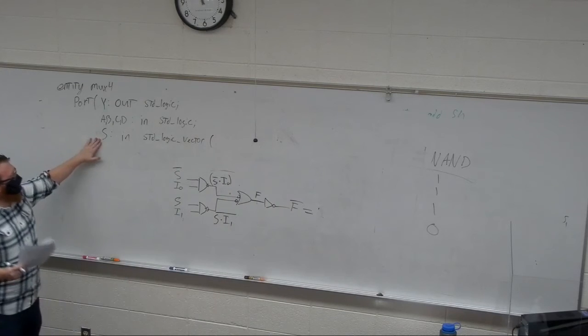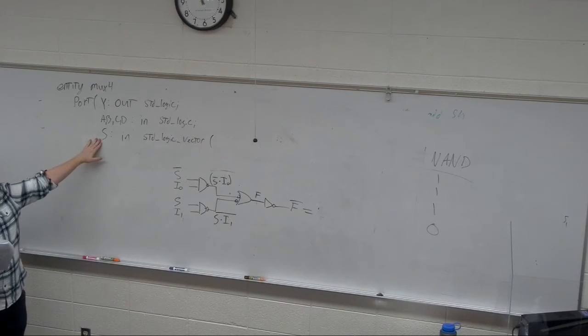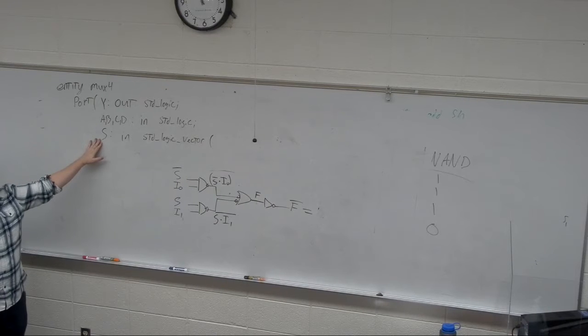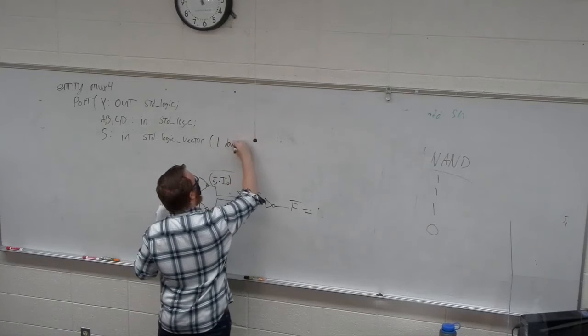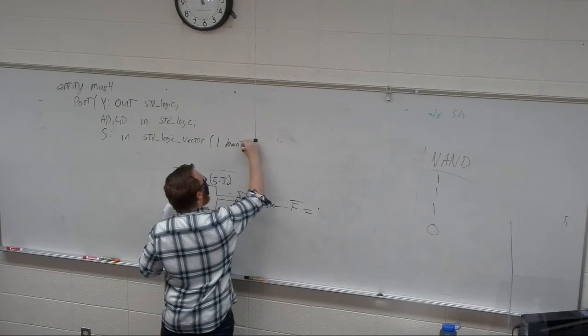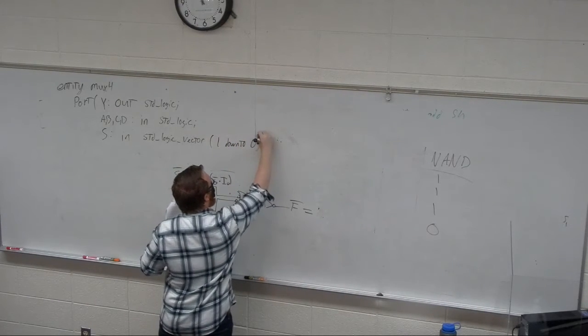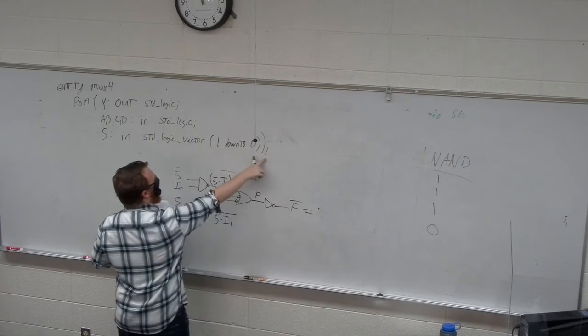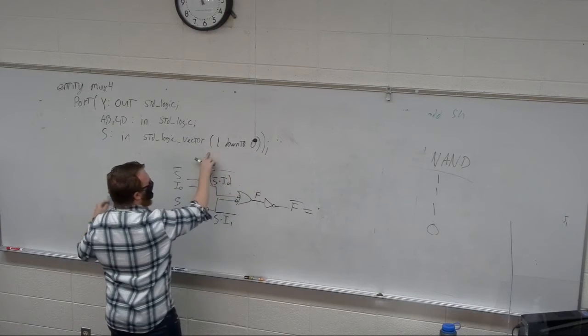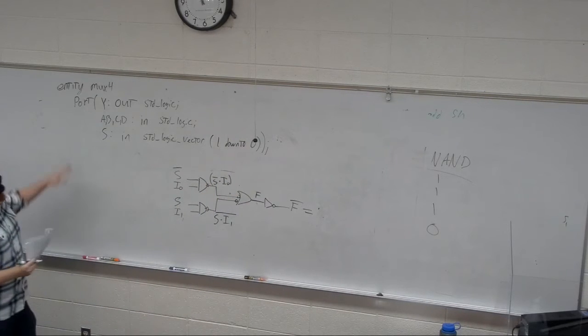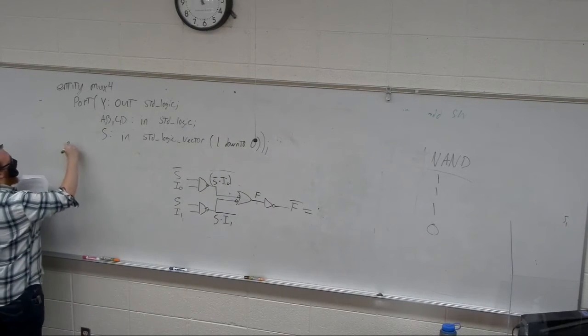If I have 4 inputs, how big does my S have to be? 2. So this parentheses and semicolon ends this parentheses, and then I have 1 down to 0. And then I have an end